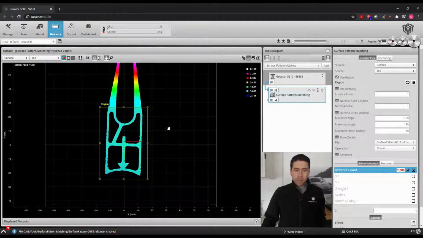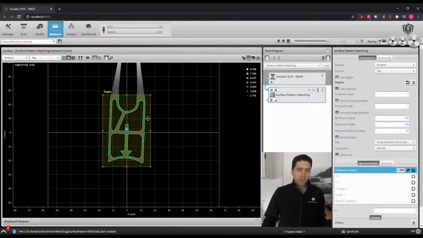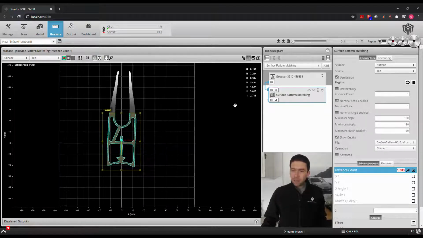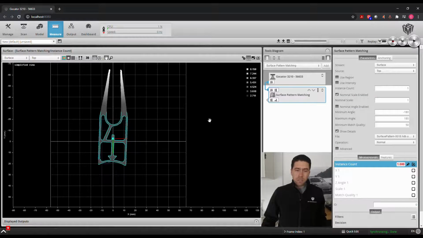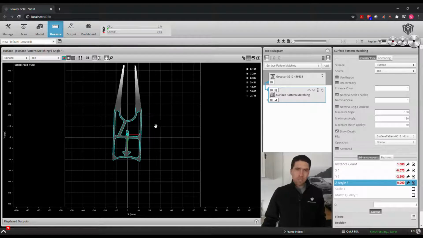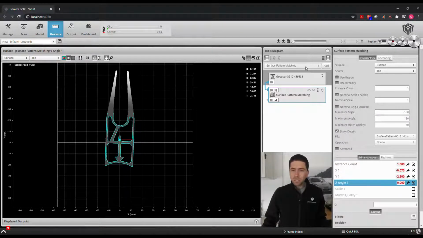Now that we've created that, if we get out of our height map and we show the details, we'll actually see what pattern outline it is using to identify the location of this coordinate system. Now that we have this, we can use this pattern location to define our X, Y, and Z angle location for subsequent tools. So let's say I were to go add a surface circular edge tool,